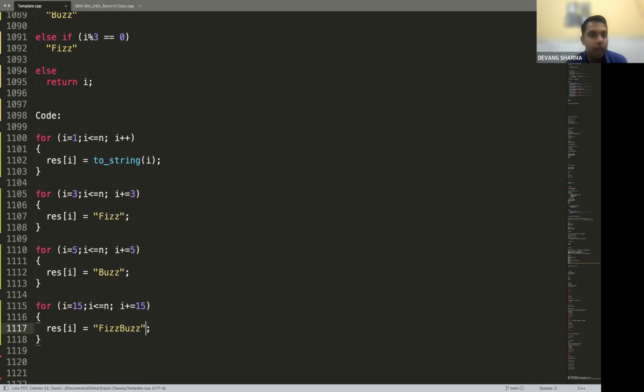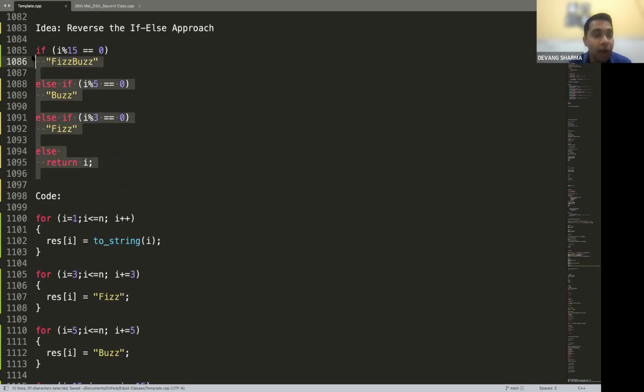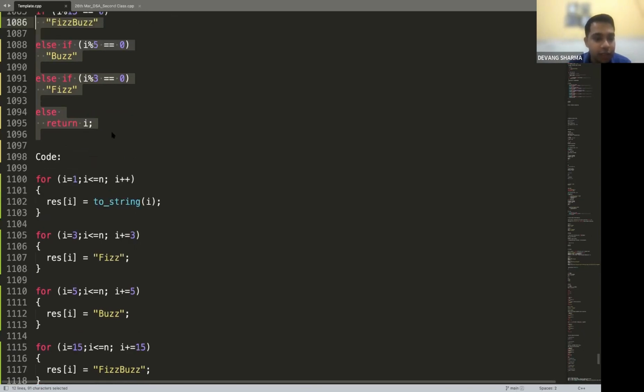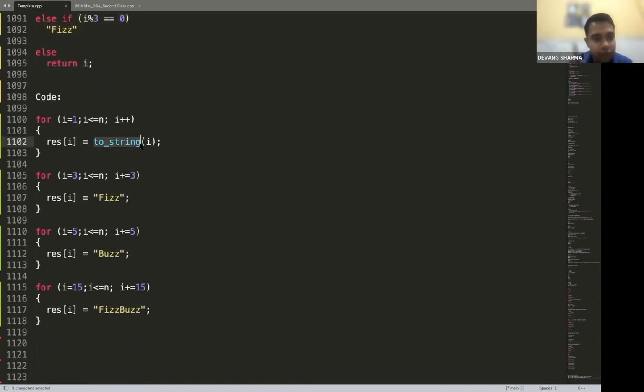Same thing I have done, but in exactly opposite order. Why? Because in case you are doing multiple for loops, the last change will be affected. So first it will change all of the values to the string, first loop. After that, whatever multiples of 3 will become fizz. Obviously, some multiples of 3 will also be multiples of 5 and 15. So until this portion, all 15 or all 5 multiples, those that were multiples of 3 as well, they will